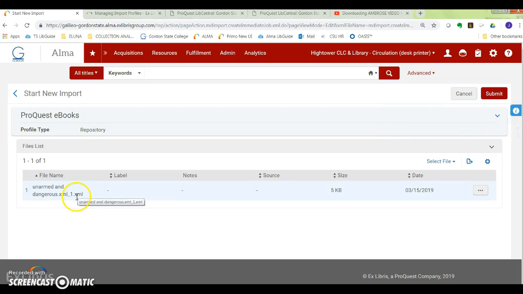And you'll see here the file extension is XML. Alright, so the next thing is, yeah, there is a file limit for this, but this is not going to exceed the file limit. This is 5 kilobytes. Let's see what we're going to do. This is completely different than it used to be. The submit used to be down here, and then they moved it up to the top. So we're going to click on submit,